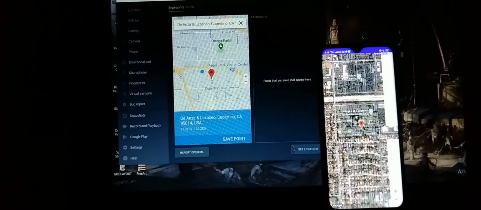Look, it is updating, and if I change the location to another place, then the location is also updating with it. I want to set the location over here, so it is updating over here. It is updating continuously.